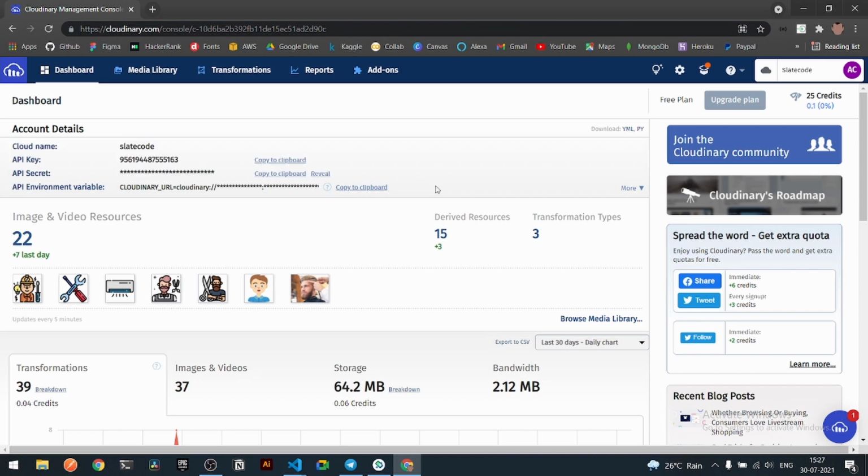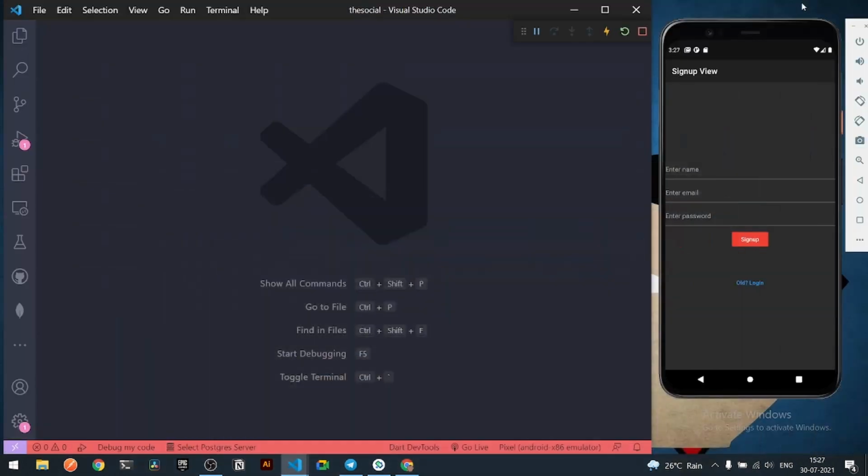Right, and once you have got the credentials, you need to store them securely. So here I have got my Cloudinary setup up and done, and also my API key, secret and environment variables. To use Cloudinary, Flutter also has a package for Cloudinary itself. So to use Cloudinary under our Flutter project, we need to upload all the images. And to pick all the images, we will be using Image Picker.